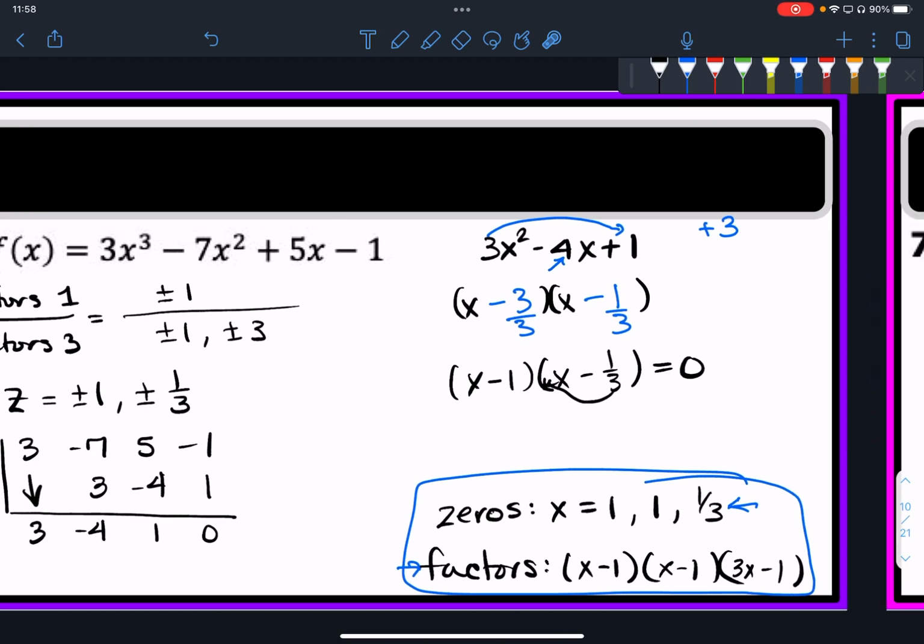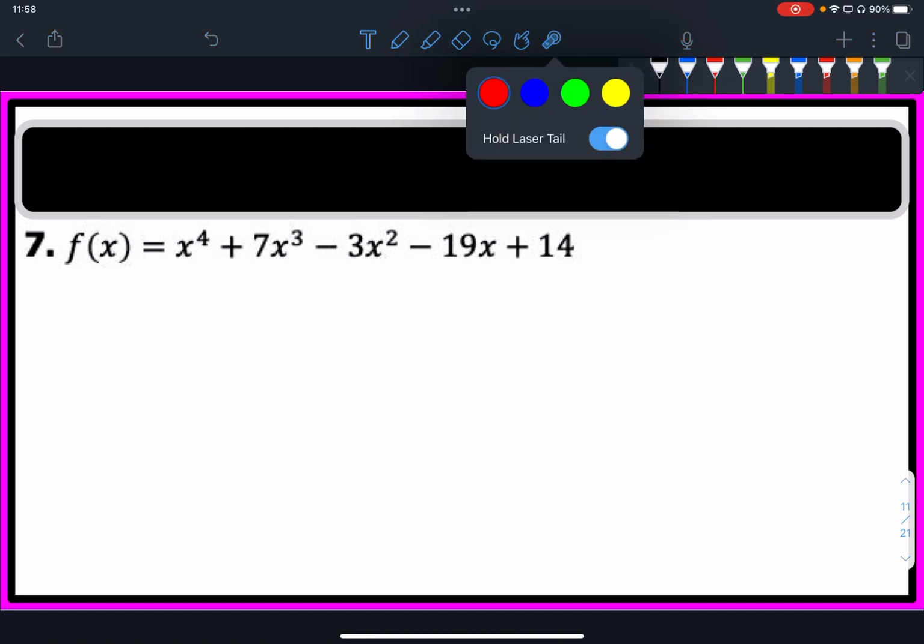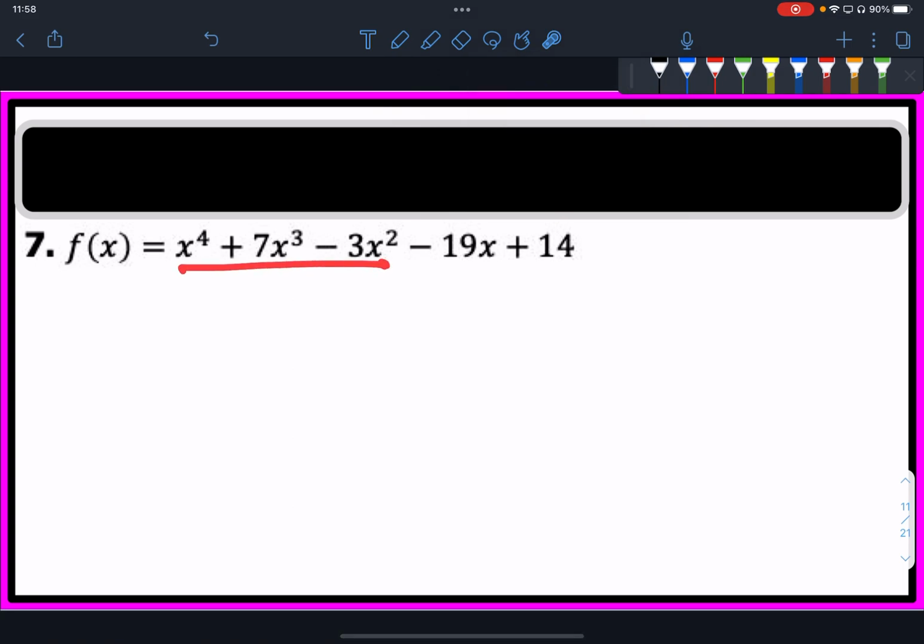So let's do another example. Let's do something to the fourth power. To the fourth power, the same strategy applies. We're just simply going to have to do the synthetic division twice so we can end up with a quadratic trinomial. So let's start by first figuring out the factors